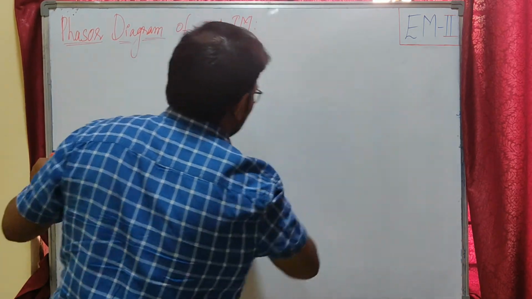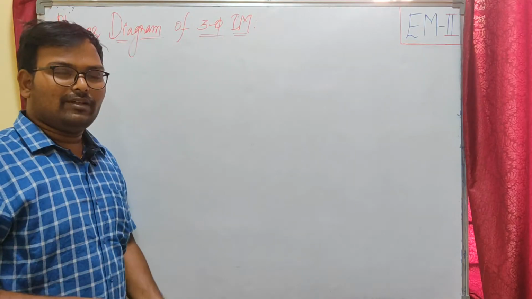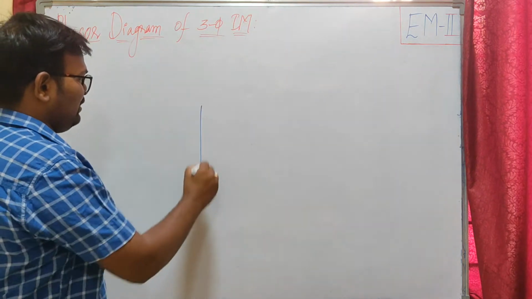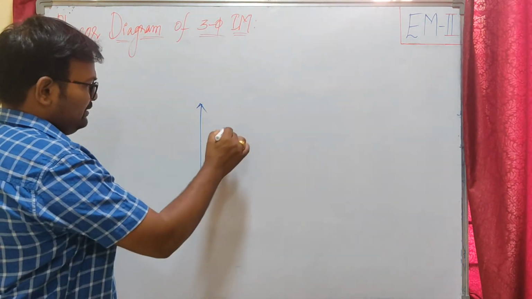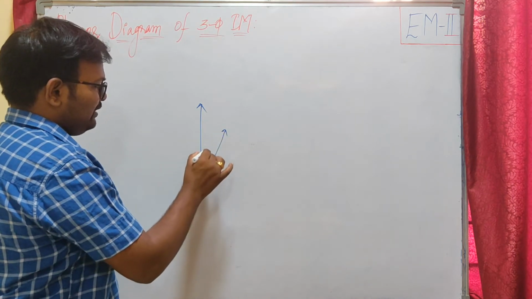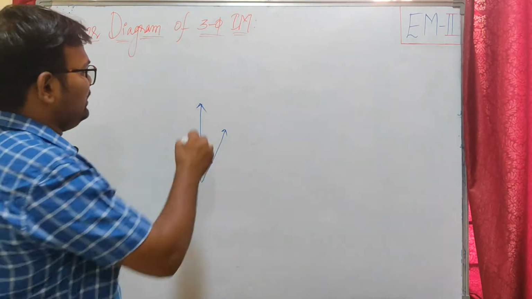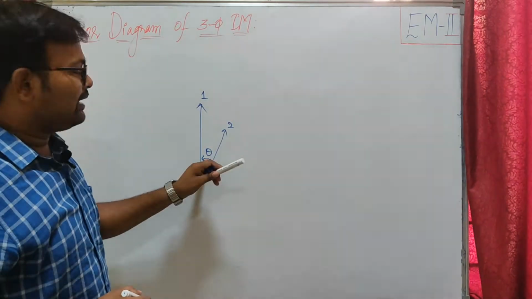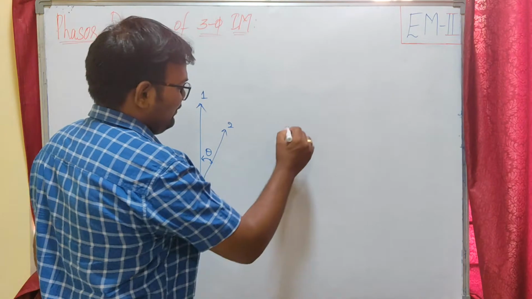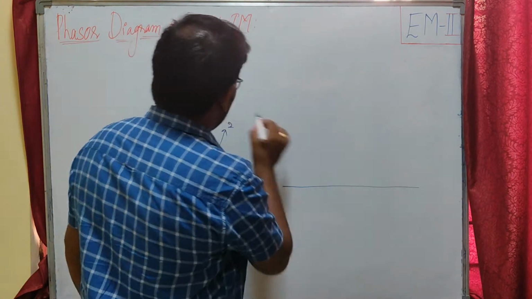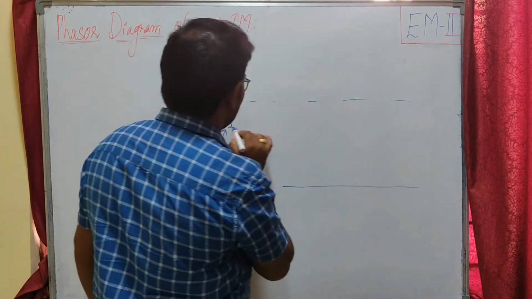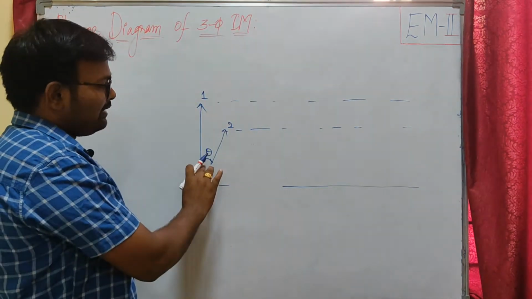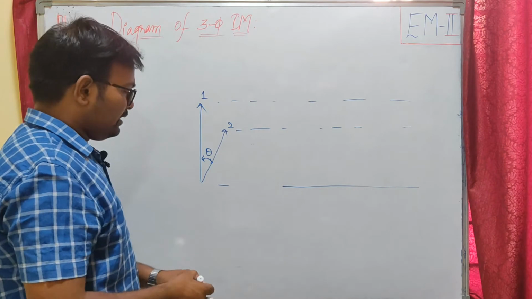Our phasor diagram of a three-phase induction motor has phasors like this one, and they may be different with different phase angles. I mention it as theta. If this is the first vector and this is my second vector, and they are lagged by angle theta, so how can we write this? If I have two phasors which are different in magnitude and have a lagging angle theta, how do we draw the waveform?